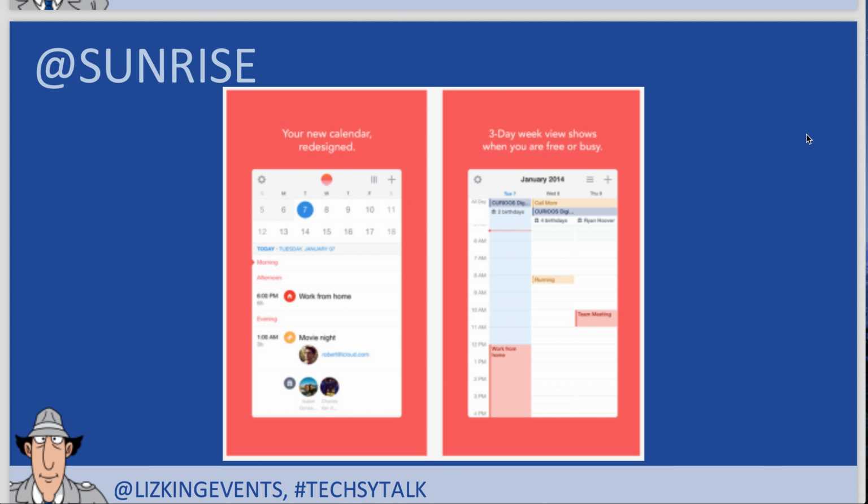Sunrise is an interesting calendar app. It basically takes your calendar activities and the different things that you have to do, but it also gives you lots of different views. So you can see morning, afternoon, and night. You can see a 2-day week or 3-day week or a 6-day work week. Really allows you to see more clearly when you're available, when you're not available, and it can sync with your